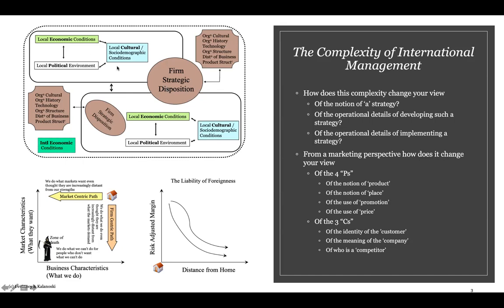And in this example here, I've got them completely separate. So what's going on in this market is very different from what's going on in this market. The firm ultimately has to drift away and try to have a disposition which overlaps these markets, which means that it's changing all these things that are inside its disposition: its own organizational culture, adapting its history, maybe changing technology, structure, the distributions of its businesses, the kind of products it's offering. All of these types of things